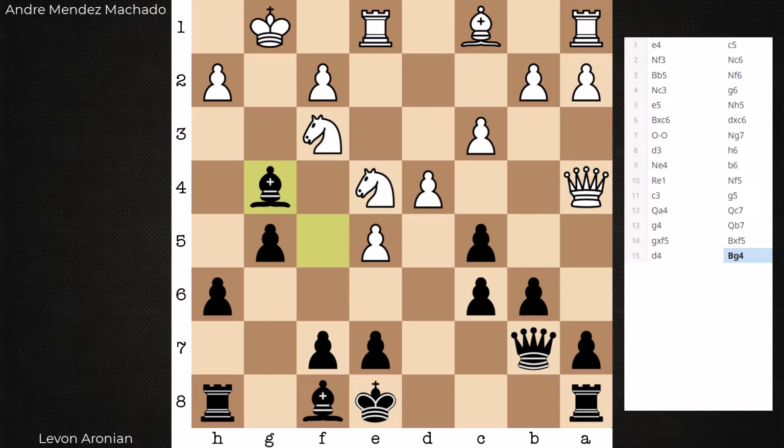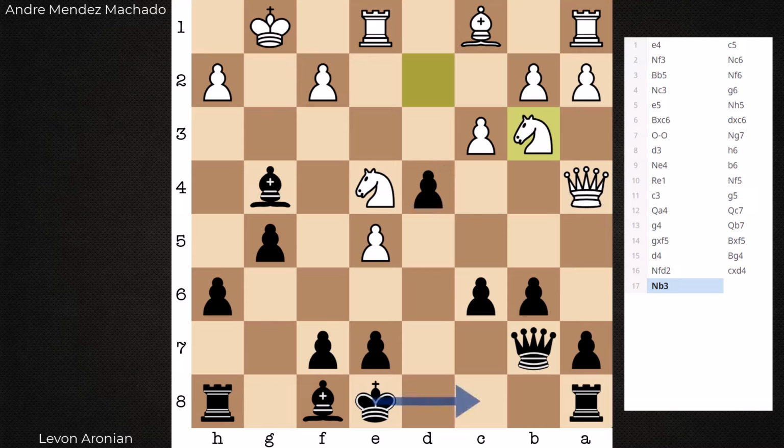d4, there we go, poking around at the light squares. Capture on d4, knight b3. This is a nice move. Instead of simply capturing with the pawn, white knows at this point if black takes on c3, Aronian castles here,